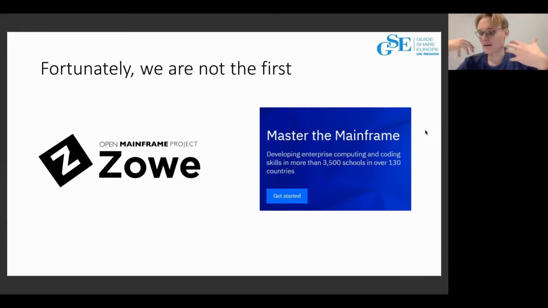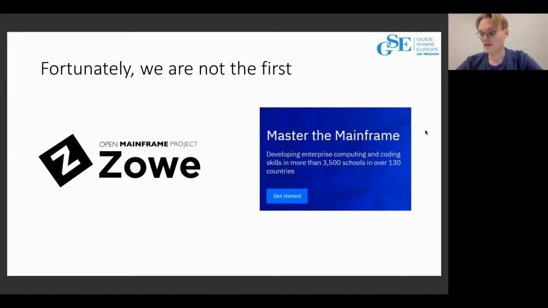Zowe created a great extension for Visual Studio Code, which is one of the most popular source code editors, that allows running mainframe development in it. You can try it yourself if you connect to your mainframe via the REST API of z/OSMF. And if you're a participant of the IBM Master the Mainframe course, you will have a chance to try the Zowe VS Code extension on your own, as well as the traditional 3270 terminal.